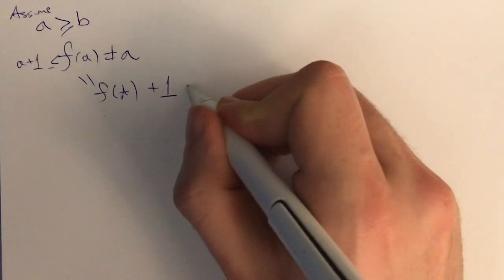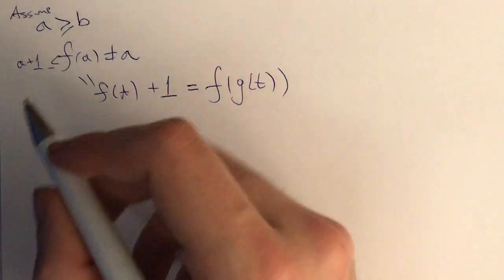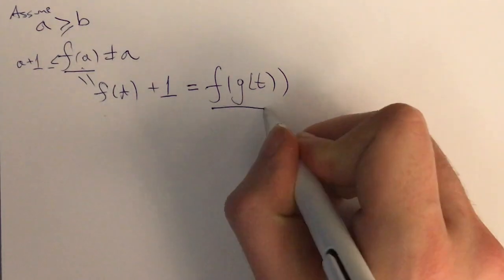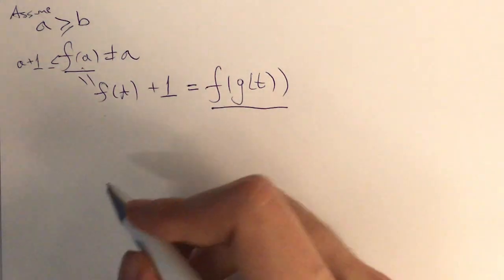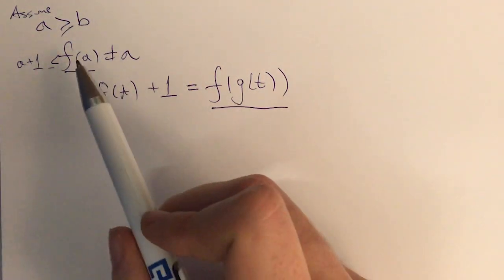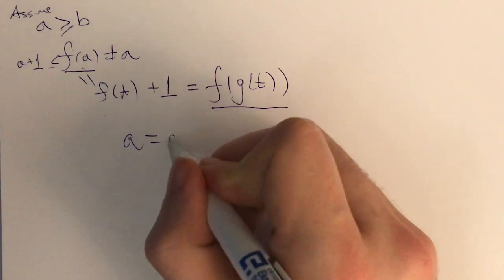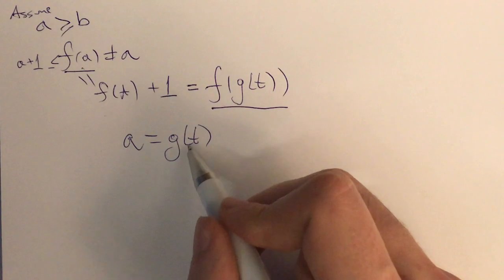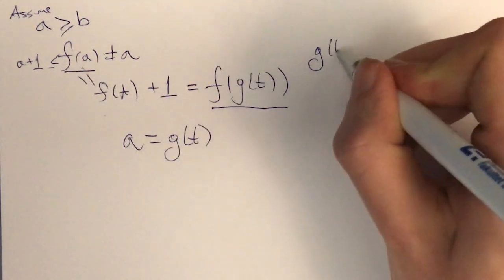Now, this, in fact, is equal to f of g of t. And now what we have is that f of a is equal to f of g of t. And now by our injection, on numbers which are greater than or equal to b, we have that a must be equal to g of t. Now, this doesn't really give us anything, but if we apply the same sort of trick to b, we get